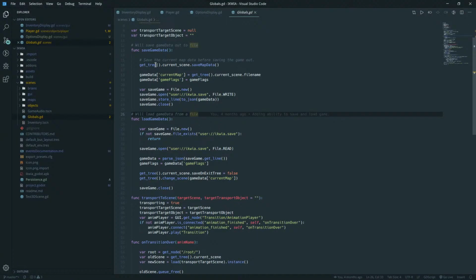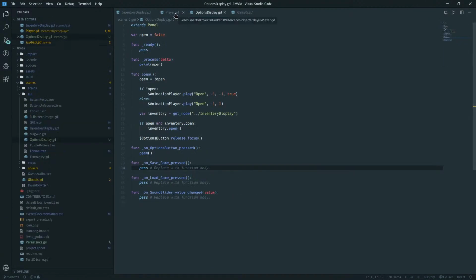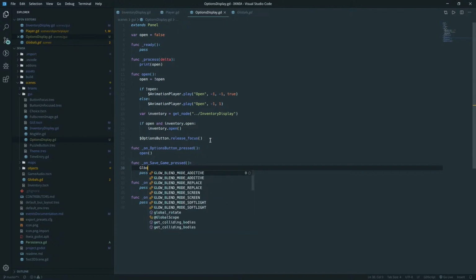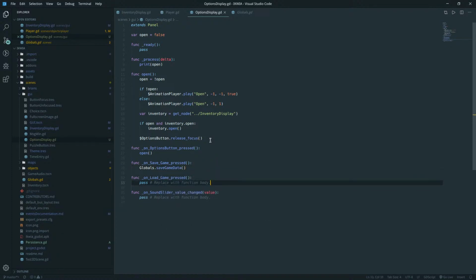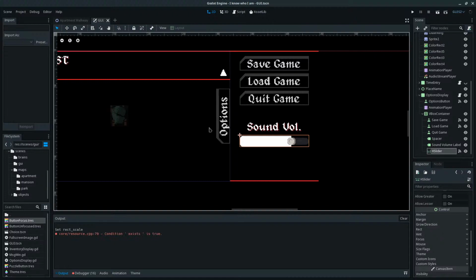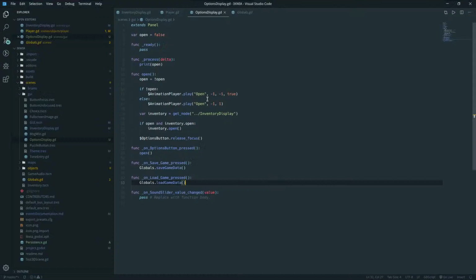What I'll try to do, we'll try this. Globals.save game data. Load game data. Alright, let's see if that works.